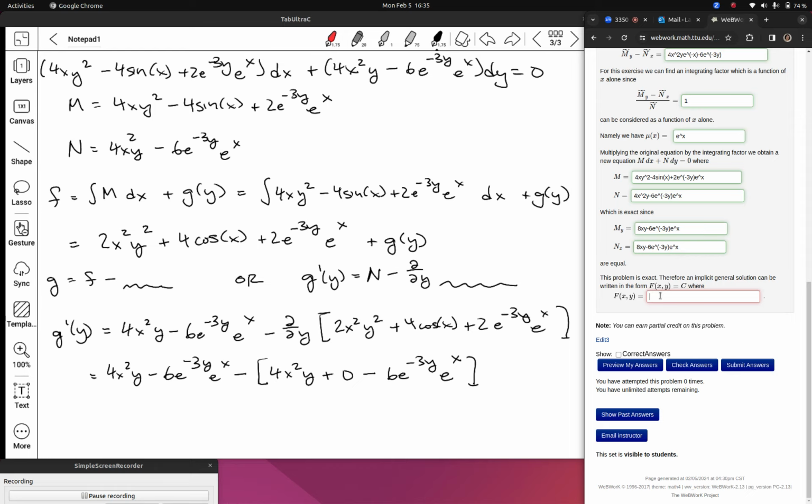And when I subtract, I can see that this thing inside is the exact same as this thing outside. So I'm just going to get 0. It'll be 4x squared y minus 4x squared y minus 6e to minus 3y e to x plus, distributing that minus sign, 6e to minus 3y e to x. So if g prime is 0, when I try to solve for g,